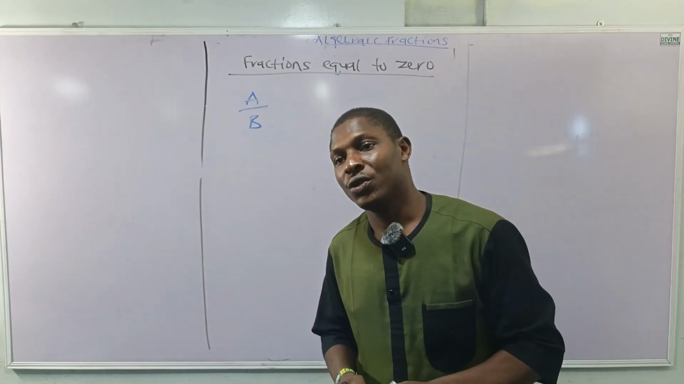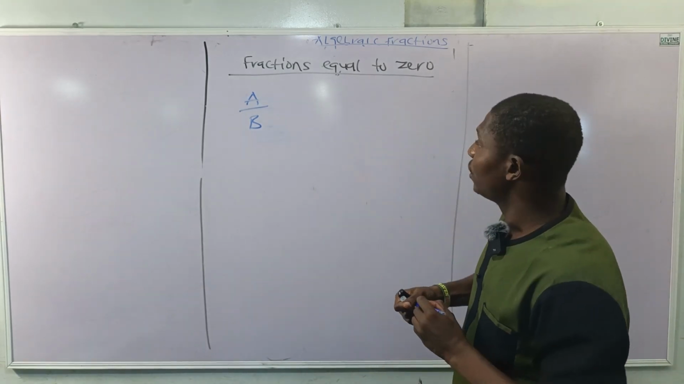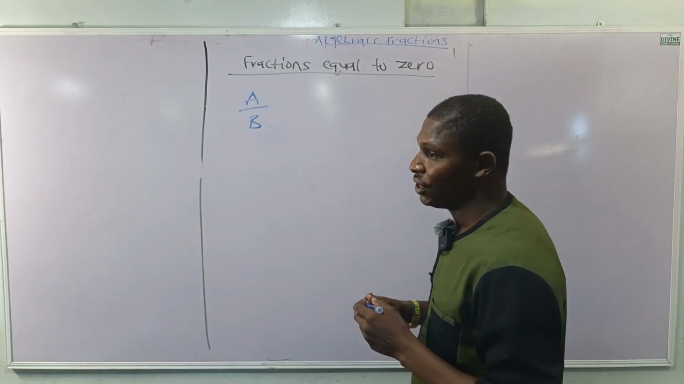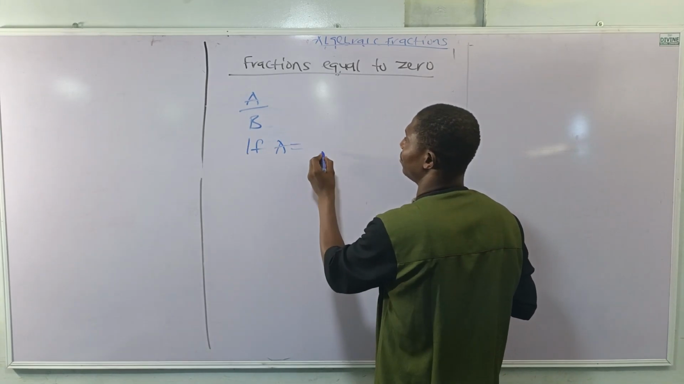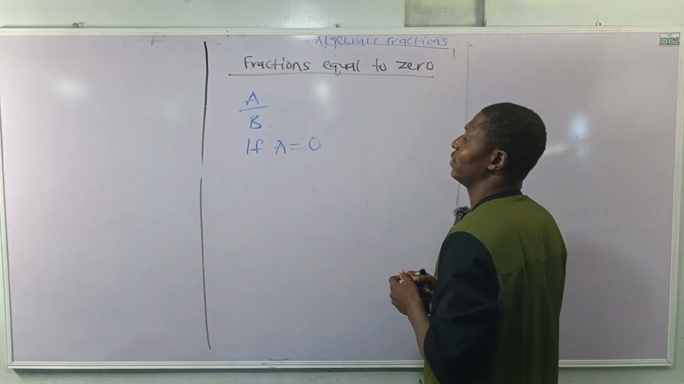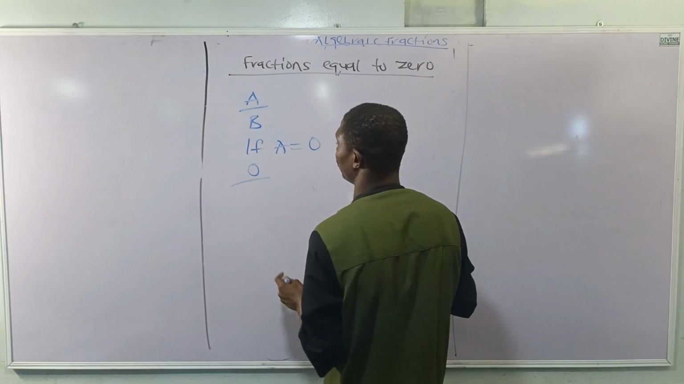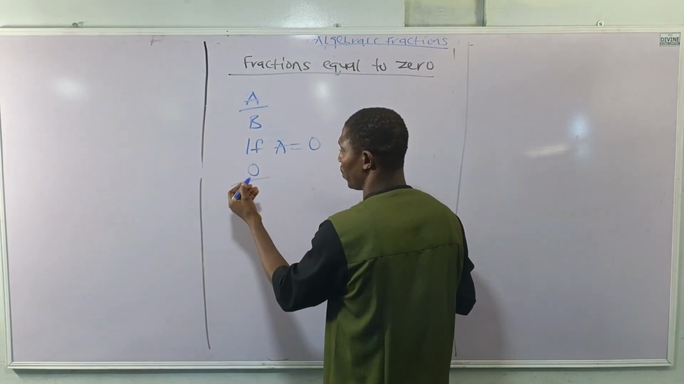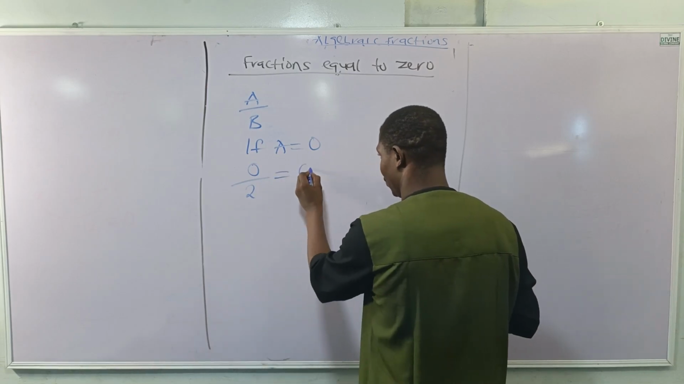Good day everyone. Today we'll be talking about fractions equal to 0. If I have a over b, this fraction is equal to 0 if a is equal to 0. Why? Because any fraction that has 0 at the top divided by whatsoever value, say 2, 4, or whatsoever, will give you